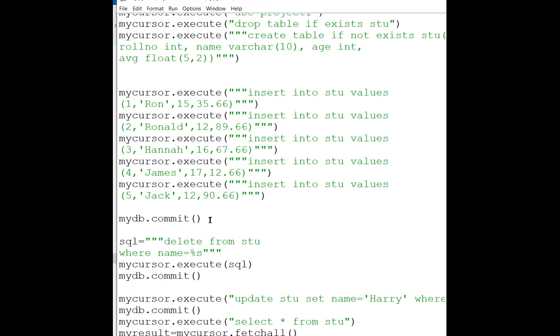For example, first I'm asking n is equal to, then I'm asking from the user input, then enter name to be deleted. Okay, and this time we will check for James, Hannah, Ronald, Ron, anyone we can delete now. So we will check how it is going to work.